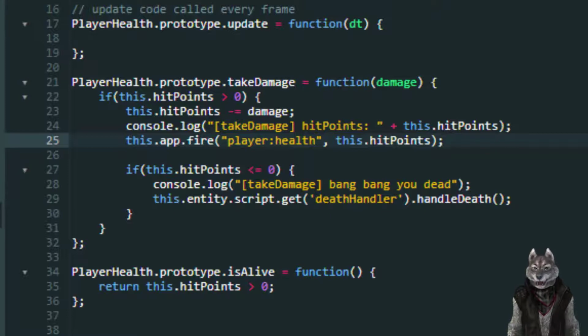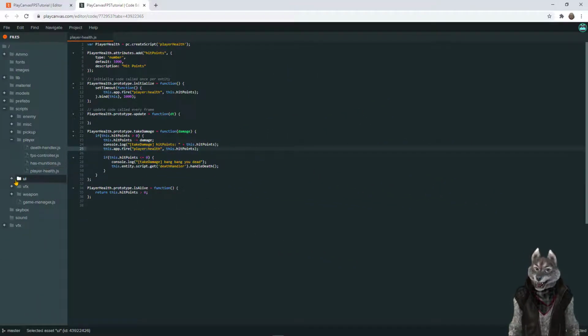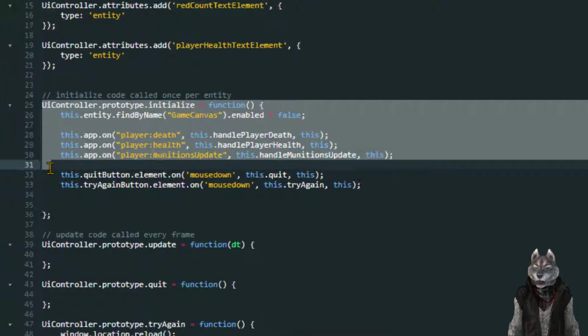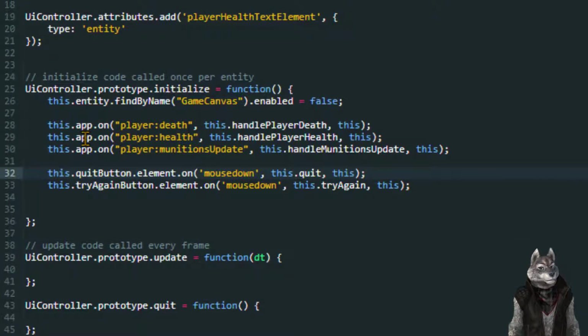Then we need a component to receive that message and then do something with it, like update the UI. Fortunately, the UI component has a script that does this for us, so we can take a look. Click UI and edit the UI controller script attached to the component. The important code here is in the initialize block of the script. Notice line 29 reads